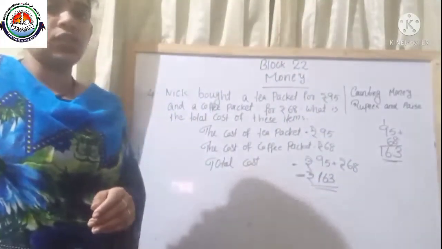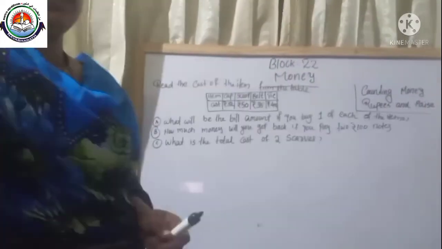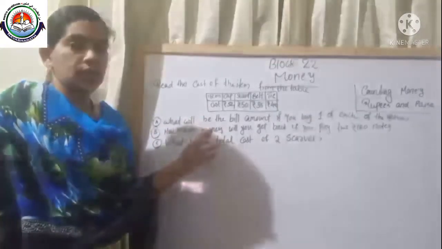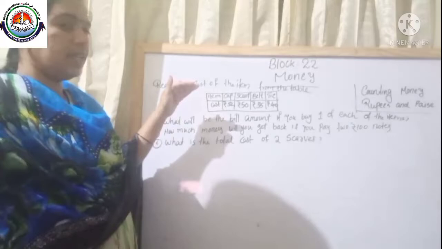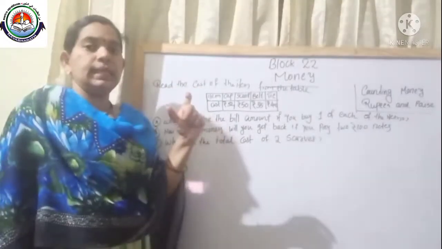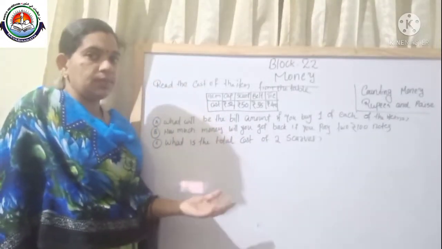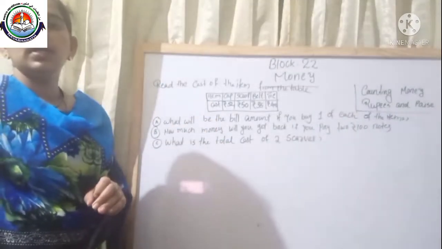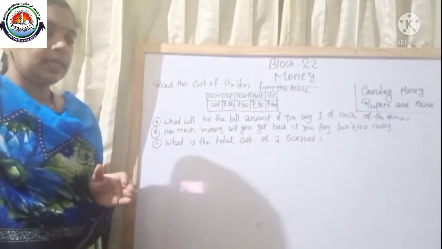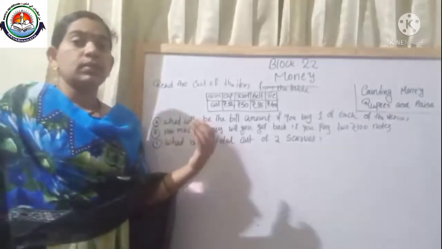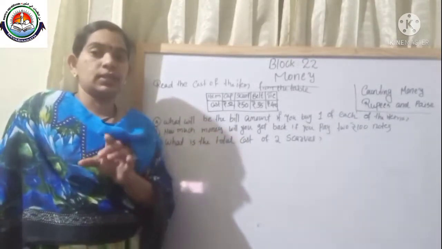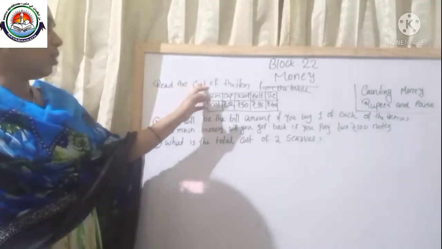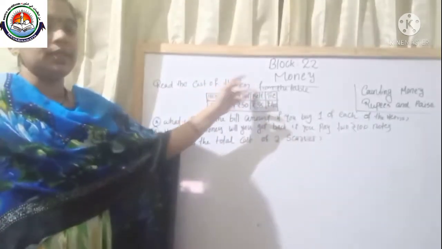Then write the next question. Okay, with your textbook, you just check your question. Here, I wrote "read the cost" in small letters because I want to write the answer here. So I just write in small. You just check your content book. Otherwise, I will send those questions after the class. Okay.